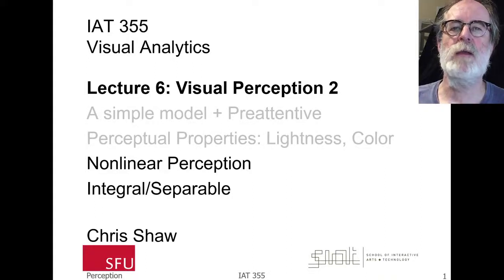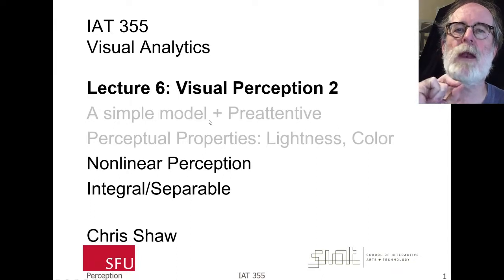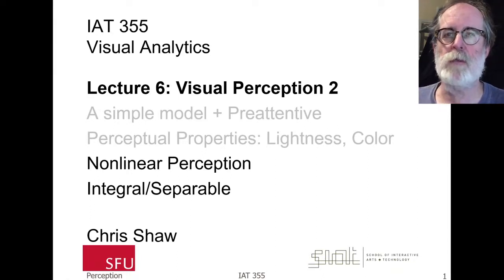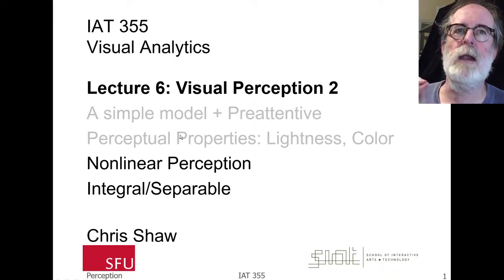This is IAT355 Visual Analytics, Lecture 6, Visual Perception, Part 2. In the previous round, we'd spoken about a simple model of pre-attentive processing, a simple model of perception, and how that can lead to pre-attentive processing. And in the next segment, we talked about the perceptual properties that we have, in particular how that relates to